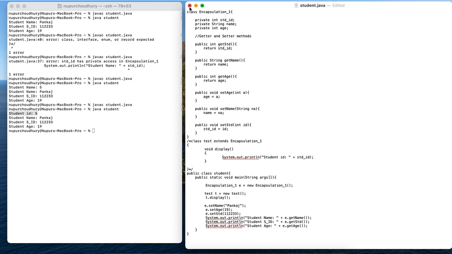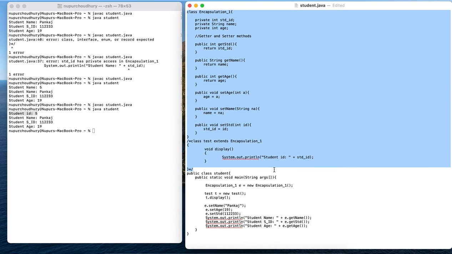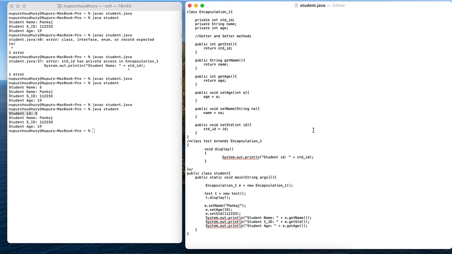So the entire encapsulation mechanism is basically binding the data and the methods in a single unit, so that we can incorporate data security and data hiding. This data is hidden from others; it cannot be manipulated or read from other classes. So this is all about encapsulation. We will look into more details of other object oriented programming topics in my subsequent videos.